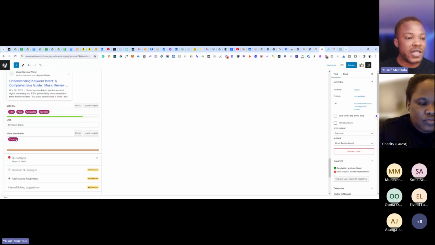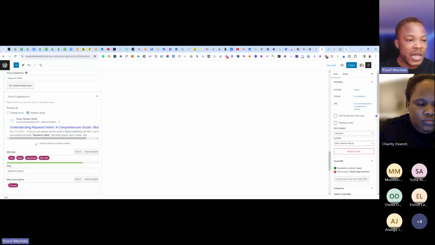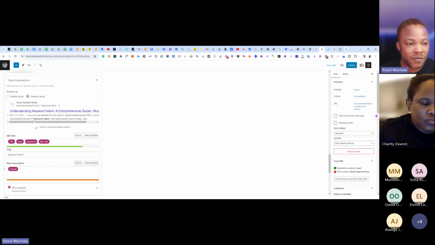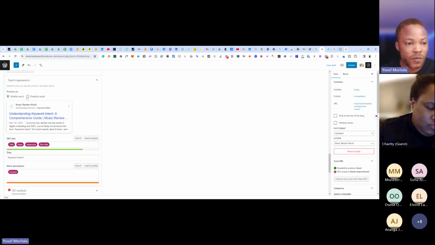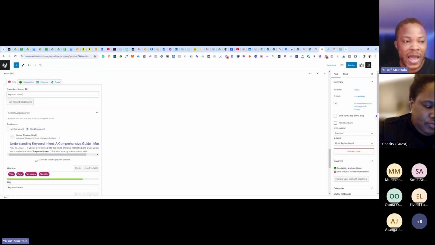Now you can see this one is a code, a variable that has pulled, I will show you now. You can see it has pulled the first paragraph in here, for mobile and desktop. It shows in bold that this is the keyword we have put here, right?